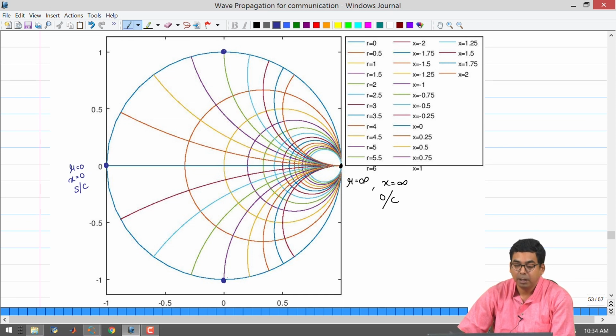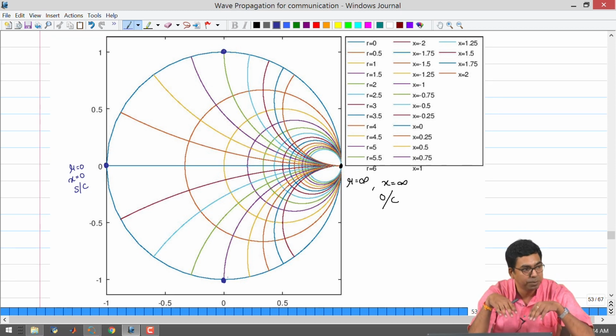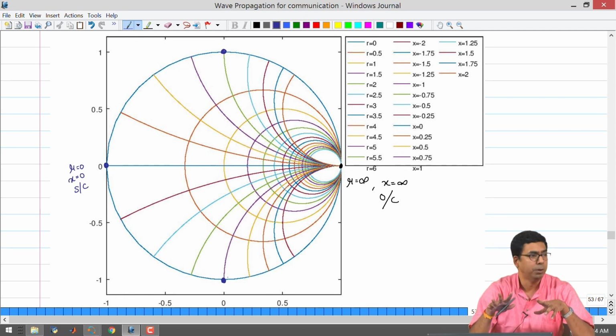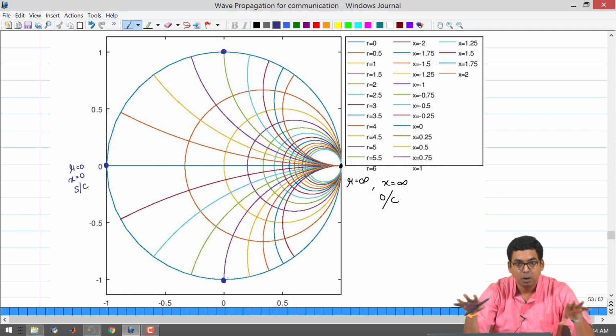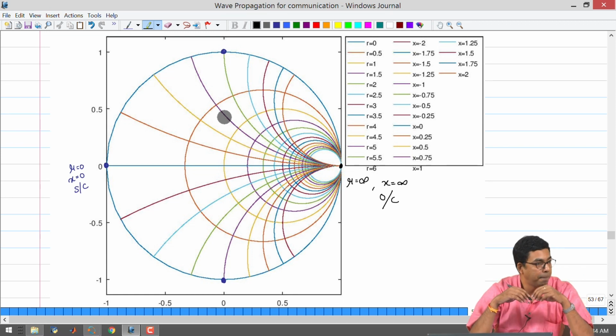We know that the transmission line is going to be lossless, and it has a characteristic impedance in ohms. If you connect an inductor or a capacitor to it, the reflection coefficient magnitude is still going to be equal to 1. Only the phase is going to change, and we already know from our circuits that in a pure inductor and pure capacitor, the phase change between the voltage and the current is going to be 90 degrees. So, if you want to measure the angle, you could go from the horizontal axis and reach any of these points, and you will end up getting 90 degrees.